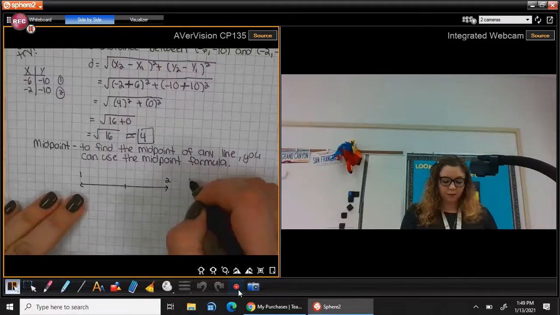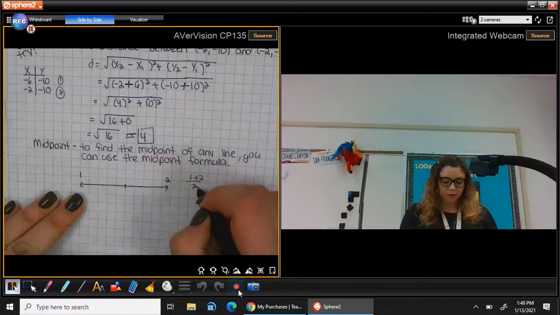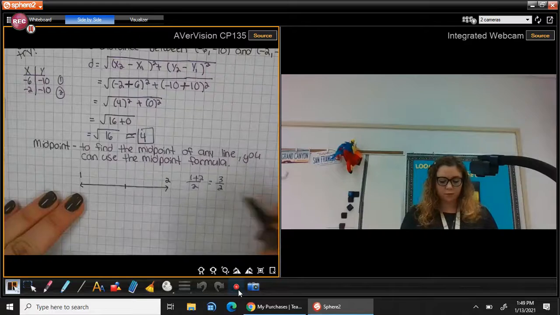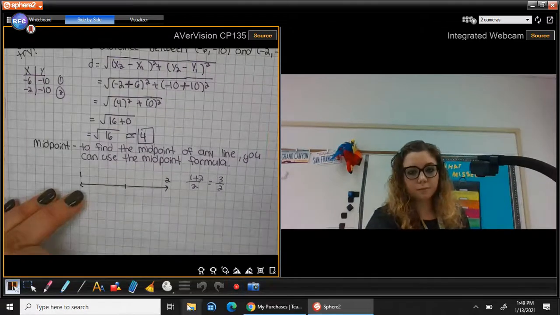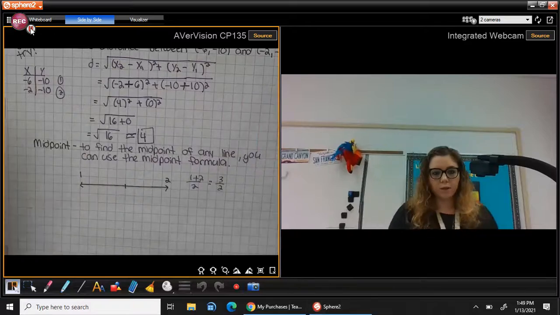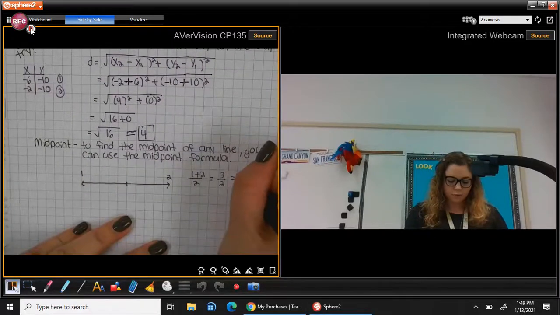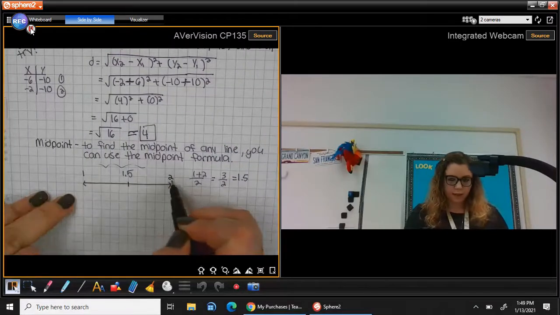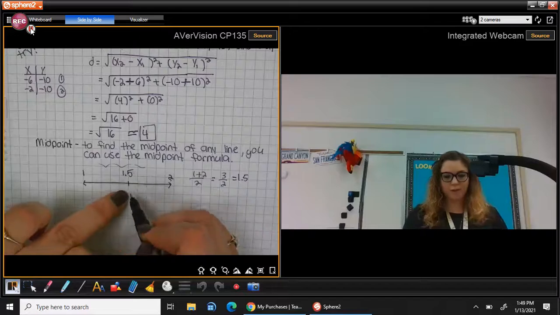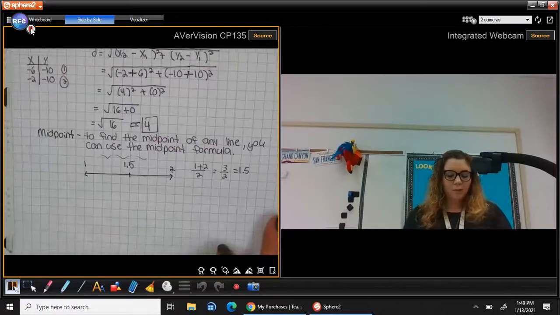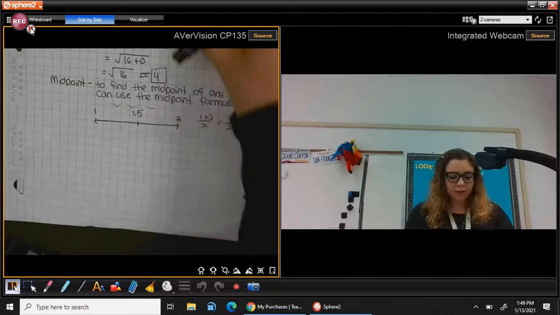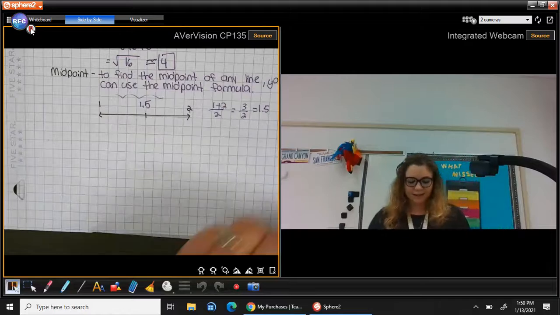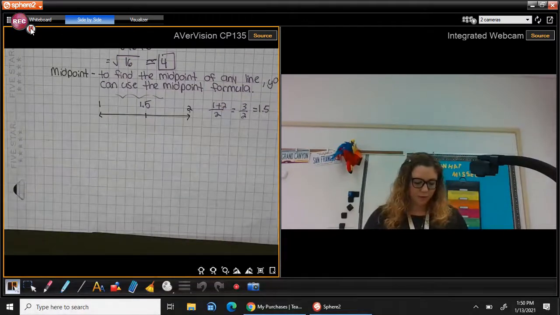Couldn't you add these two, 1 plus 2, and divide by 2? And that's going to give me 3 over 2. Okay. And that equals 1.5. Okay, because we're taking this whole, adding it together, dividing by 2, and it gives me this middle point, okay? So what we're going to be doing is more complicated than that, but I just wanted to tell you that because you can use mathematical common sense. And so the midpoint formula